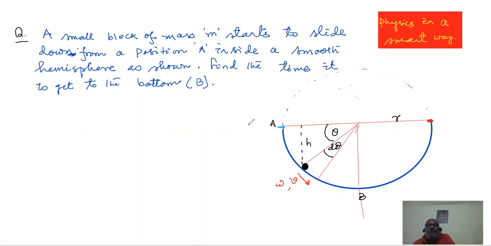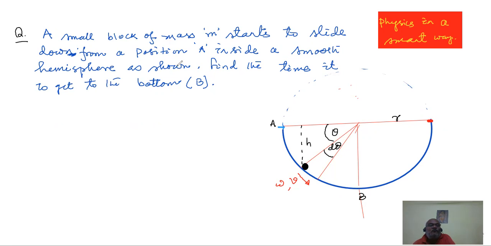So today we are going to consider a question that can be present in rotational motion, and also has a link with work, energy and power. So this is an interdisciplinary issue. It's a question only. As the question is there, we have a hemispherical surface, the inside of a